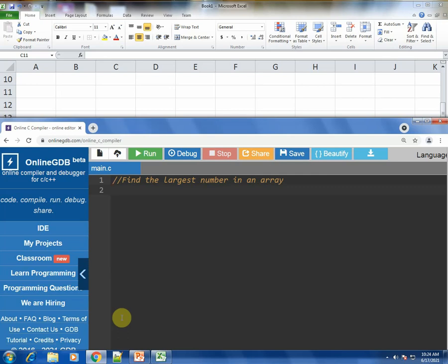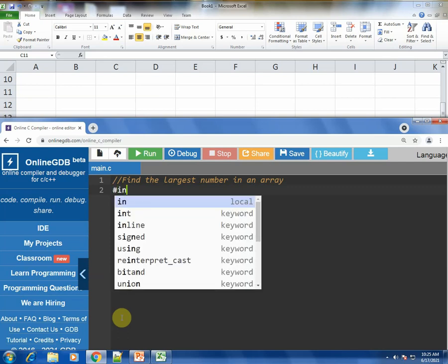So let's write the C program. As you can see, this is the online compiler. I'm writing the code, and then I will be compiling it using this online compiler. Above the screen you see an Excel sheet. I have kept it open so that I can show you how exactly the array will be stored in memory and how the operations will be performed on this array. So without wasting time, let's start.